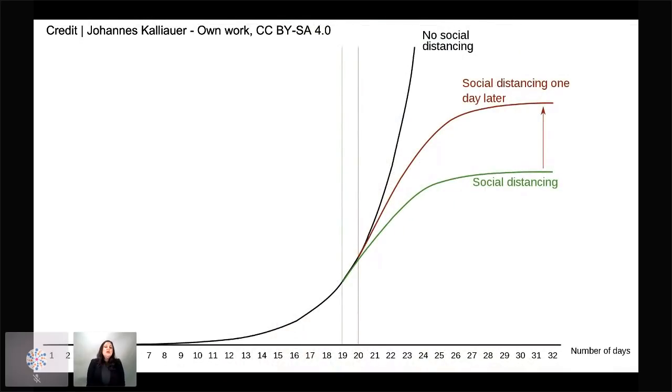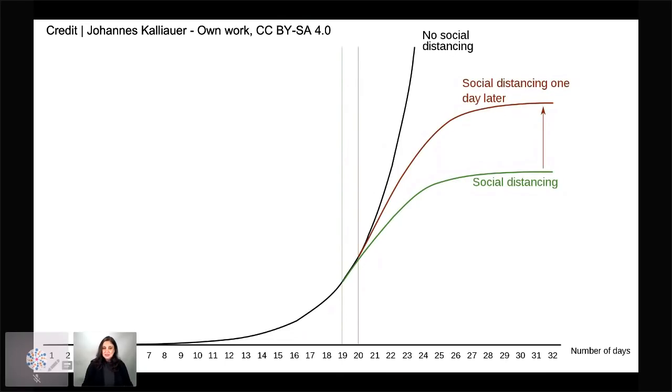Now, another way to prevent this spread, and it's something that we're all experiencing here in the United States, and in many countries in Europe and in Asia, they've already been practicing this, is the concept of social distancing. So let's take a look at these curves. This black curve is what's going to actually happen to the spread of the virus at an exponential rate if we don't practice social distancing. That is, to stop gathering in large groups, to stop going to the gym, to stop going to restaurants and bars, to stop visiting our relatives in nursing homes.